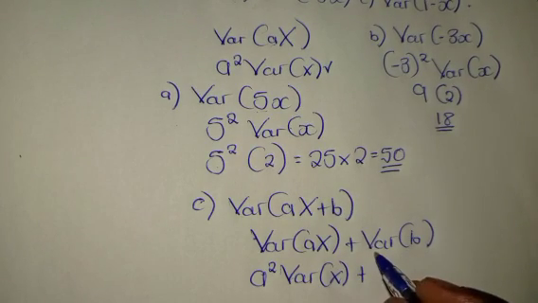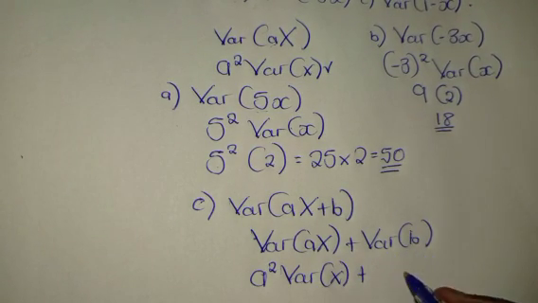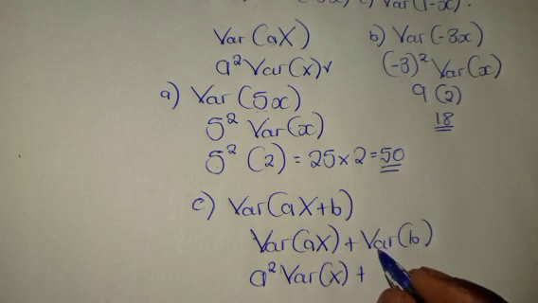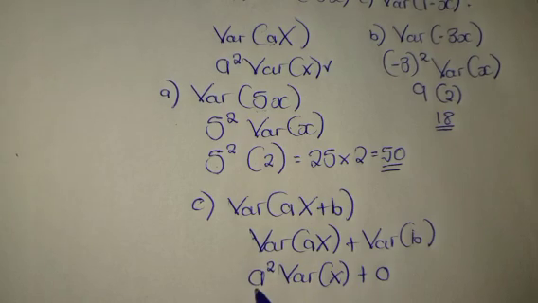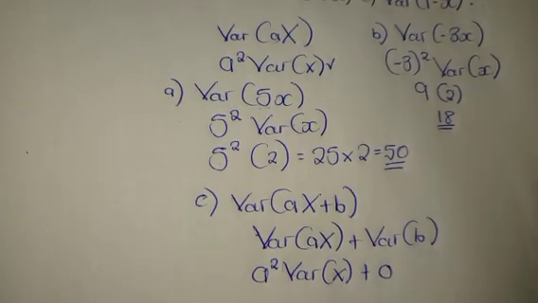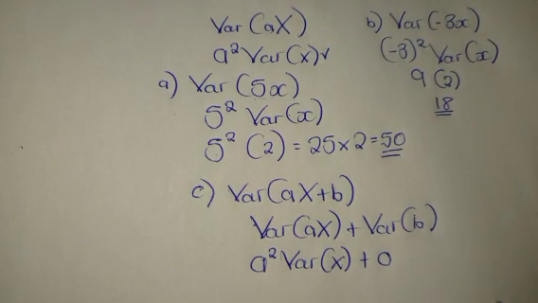Then we concluded that there is no variability of any constant number, so the variance of b is the same as 0. So with this explanation known, we can now solve what we have been given,